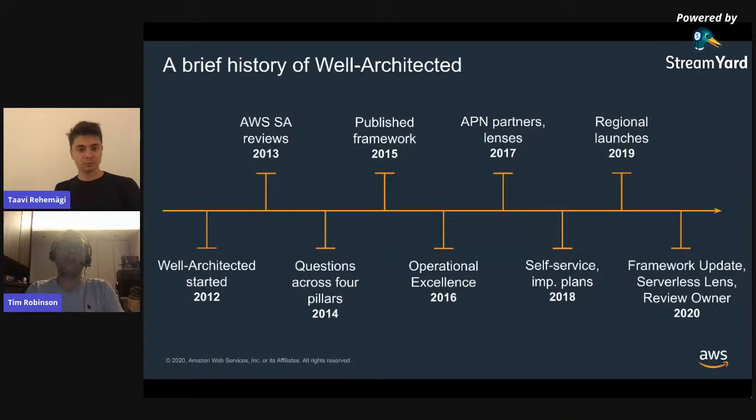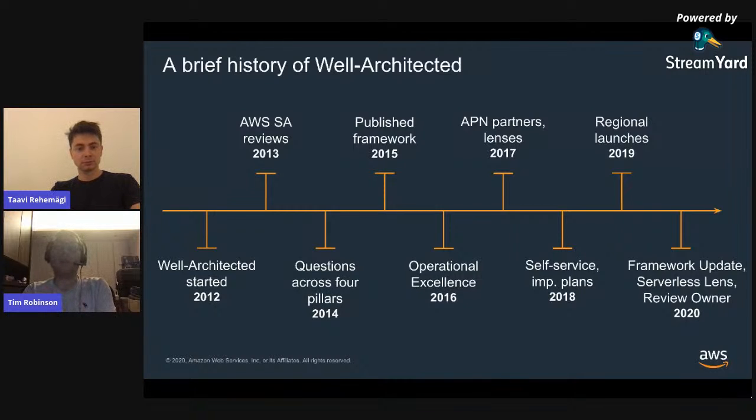In 2013, we started to actively run architecture reviews. These really worked across our SA community, going out and talking to customers face to face. And over the course of a 3 to 4 hour review cycle, they were able to understand what the customer had deployed in their environment and really give them a gauge on areas that they thought they could focus on, perhaps over the next 6 months, really areas they could refine and develop, and really how we could help them to improve their architectural posture.